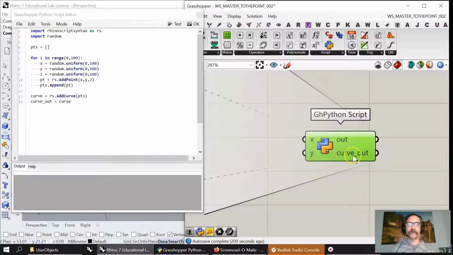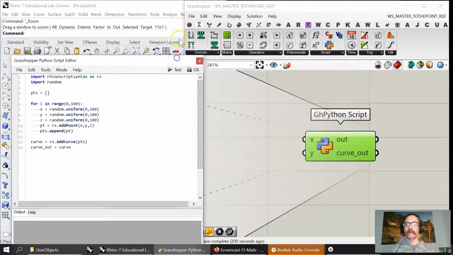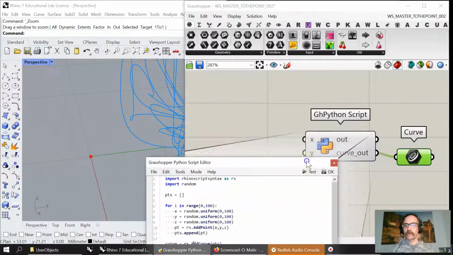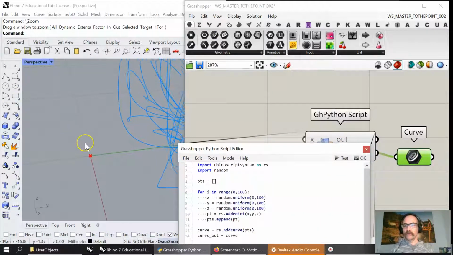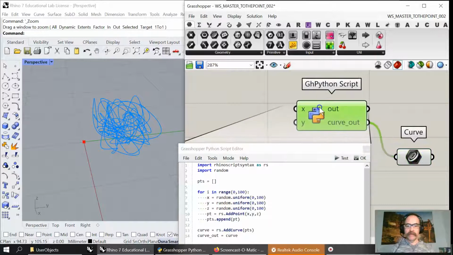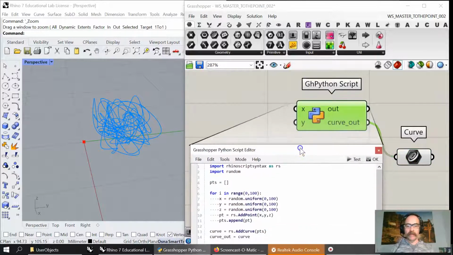Now, once you get a script up and running and you know you have a curve that's coming out, and you can take a look in your params and visualize that, and you have nothing going wrong with your script, and there it is, this monstrosity, because it's a big jumbly mess made up of 100 points. We definitely want to bring this down in the XYZ, and since this is hard-coded, we're just going to change that hard script to